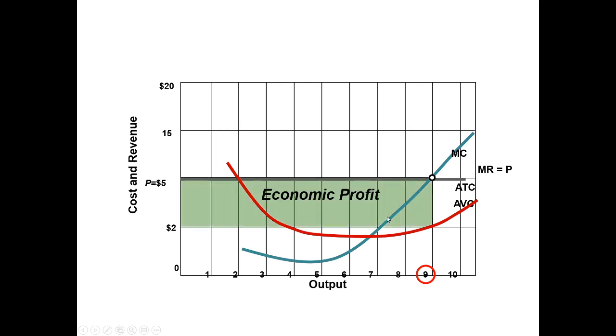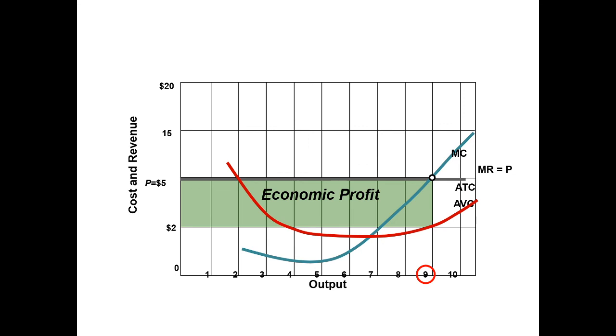And you can see that here. Whoops. This is the area left. This is the area of total revenue left after I paid this part down here in my cost. So this is the economic profit for the firm. It's the area above ATC and below the MR. That space there is your economic profit. So in this case, the firm would produce 9 units,